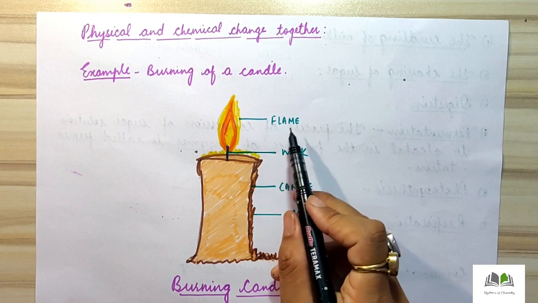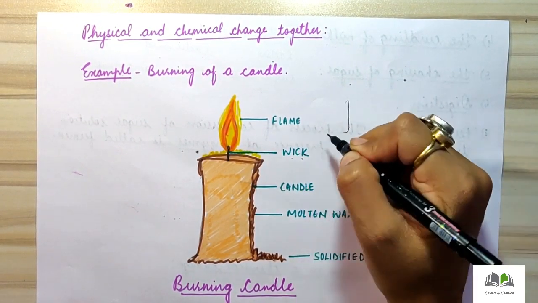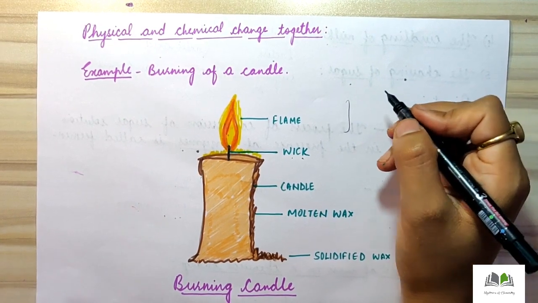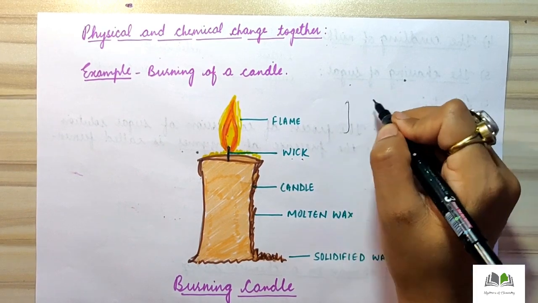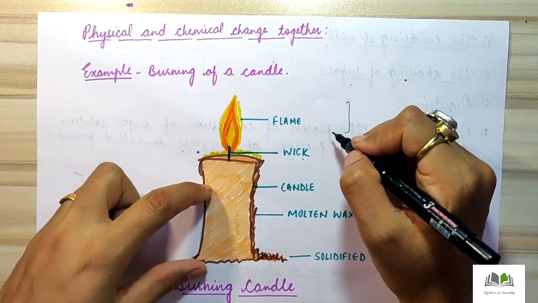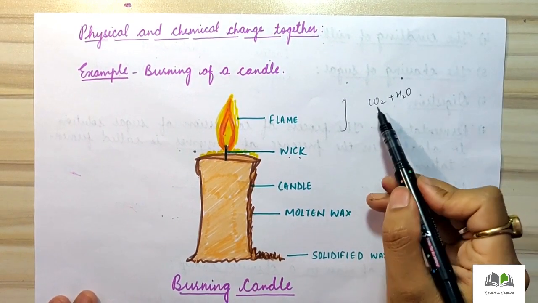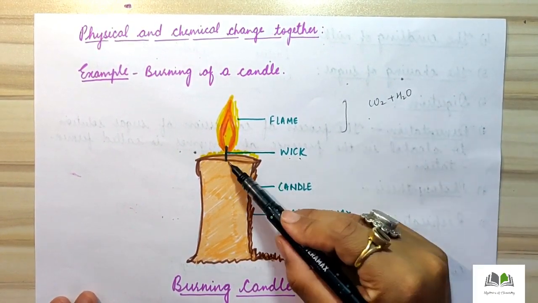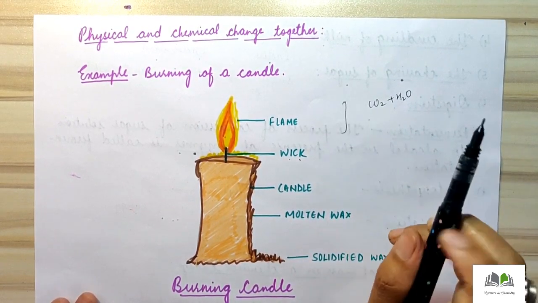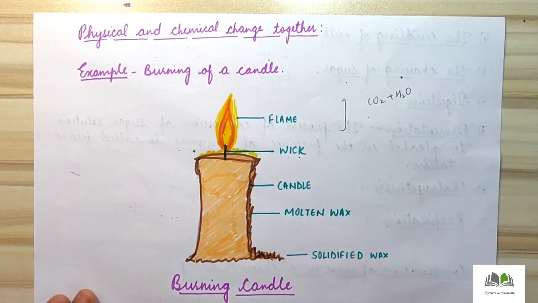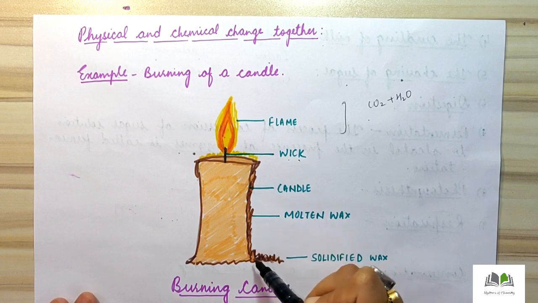Some part of the wax will undergo burning, and after burning, what will it form? Because wax also contains carbon and hydrogen. It is made up of hydrocarbons. So what are hydrocarbons? They are compounds of hydrogen and carbon. So carbon and hydrogen present in wax, when they undergo burning, will form carbon dioxide and water vapor. As new substances are formed by the burning of wax, we can say that burning of wax is a type of chemical change. On the other hand, we can see some part of the wax flows down